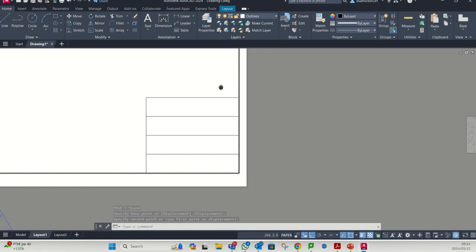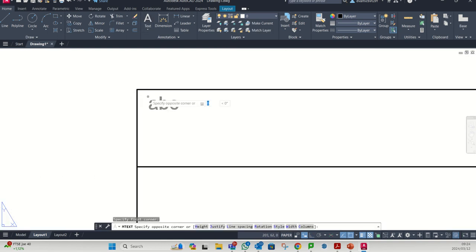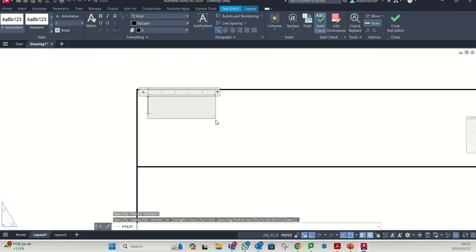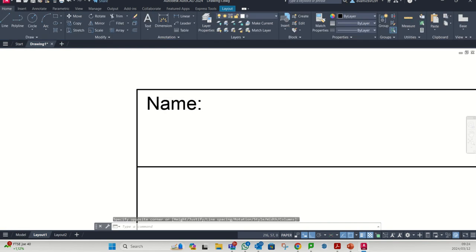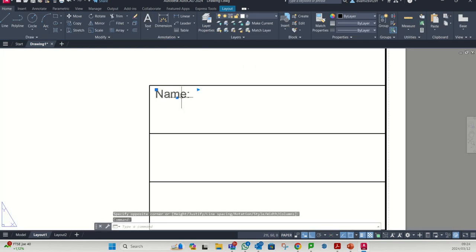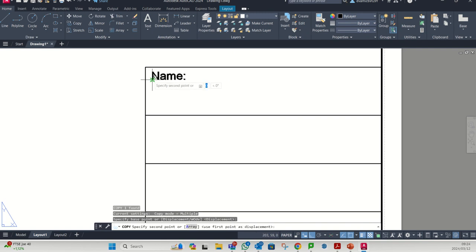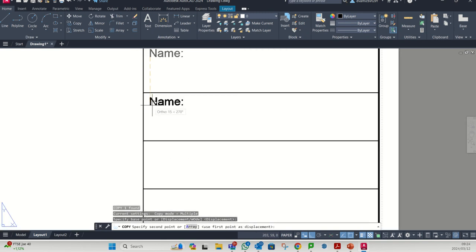Then I'm going to add in some text, and for the text I'm just going to use the normal drafting, so the normal 0, and I'm going to say text, and here I'm going to put name, okay, or name is fine. Then I'm going to copy that, so I'm going to click on that, go CO, enter, and drag that down because we need 4 different headings, so that will be name,